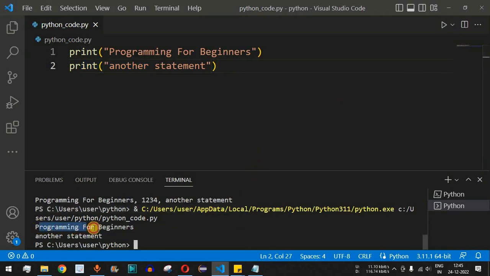So as you can see, programming for beginner string is getting printed in the first line, and on the second line another statement is getting printed. Now what if we want both these statements to be printed on the same line, but they are present in different print functions? So what we will have to do is, in the first print function I will provide